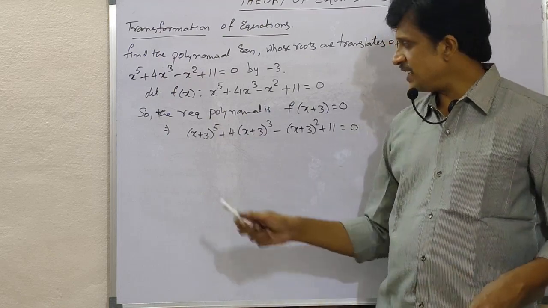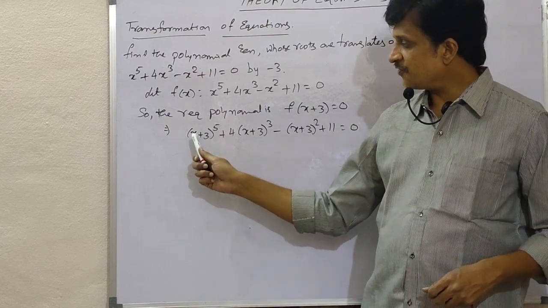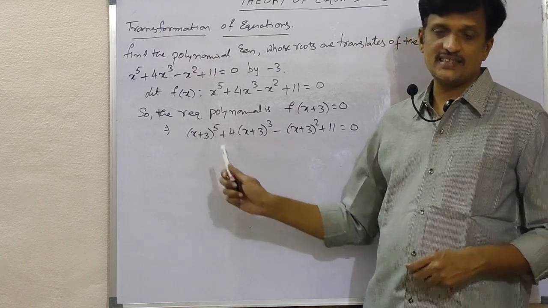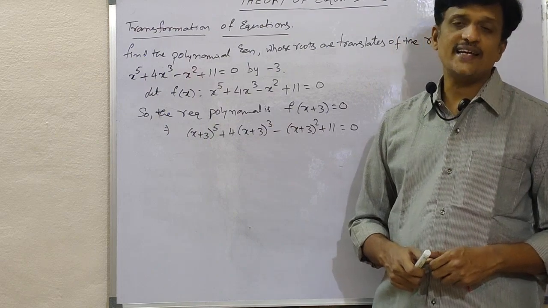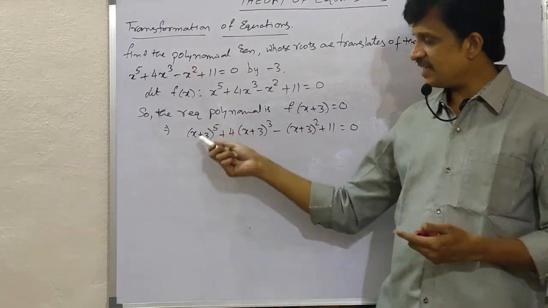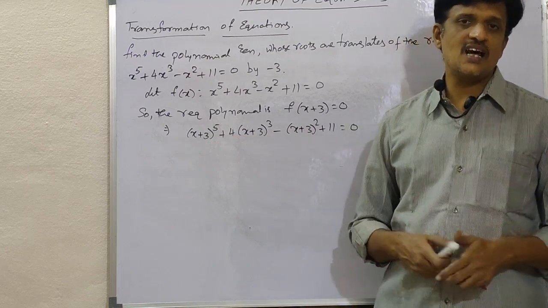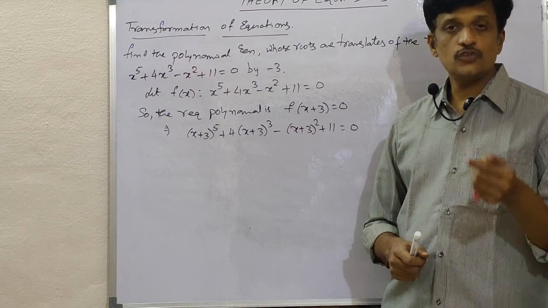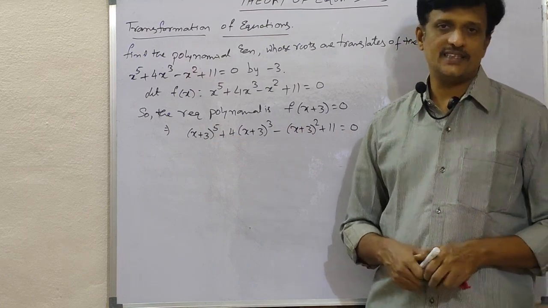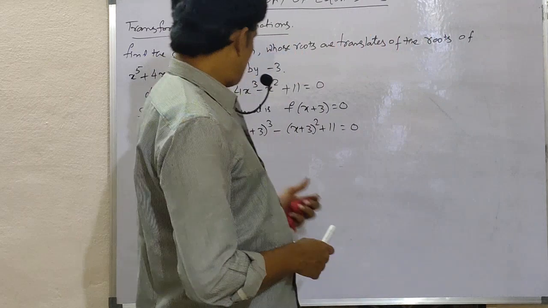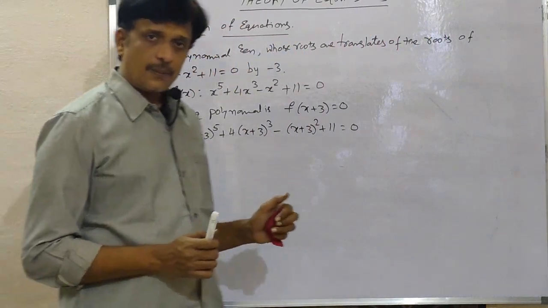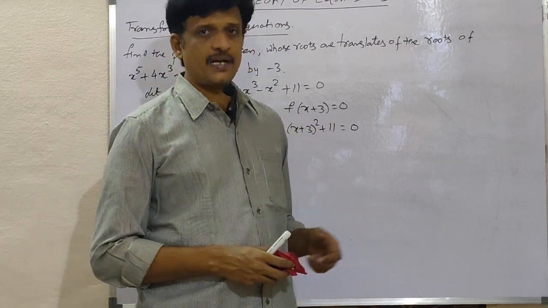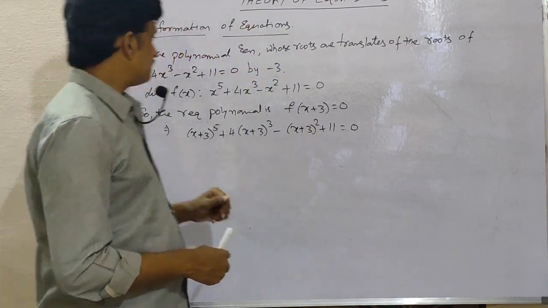Then you will get the expansion like x power 5 plus 5x power 4 into 3 plus 10x power 3 into 3 square like this. So instead of writing that expansion, if the index is either 5 or 6, then it is not easy to write. That is why we use the synthetic division method again to get this. So here, this is the actual method, but we use synthetic division, means Horner's method, to find the transformed equation. That is comparatively easy. Just observe the given one.